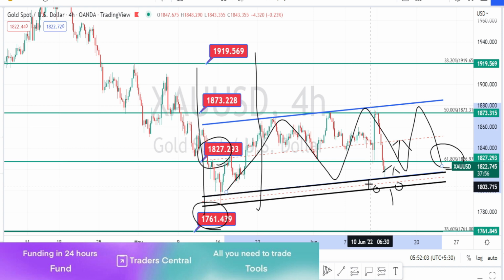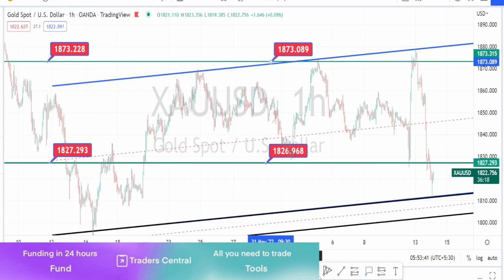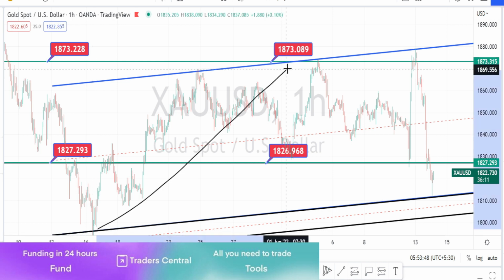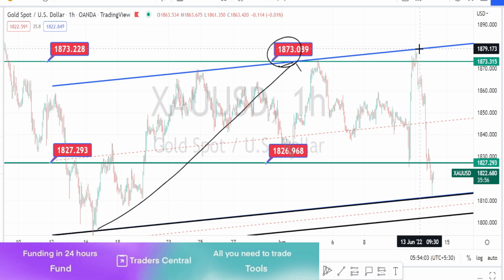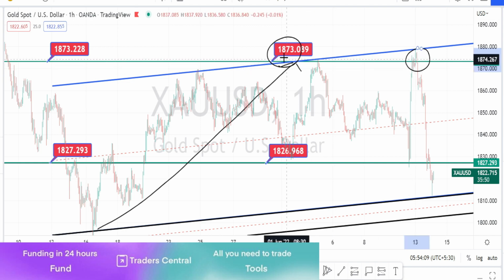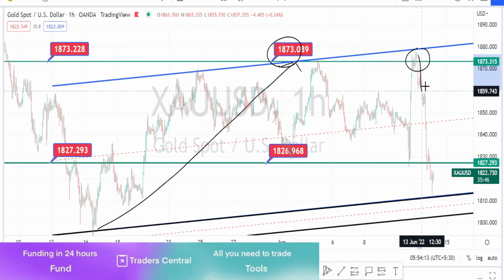Let us do the analysis in hourly time frame. I am in hourly time frame. When we analyze the price action in hourly time frame, previously the trend was in a very nice bullish trend and this level of 1873 had acted as a very strong resistance level. Here also we have noticed the price action to break this resistance line, but it couldn't sustain above this resistance level of 1873, and we have noticed the price action to fall steeply on a bearish trend